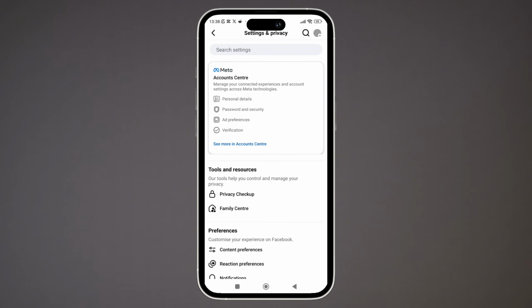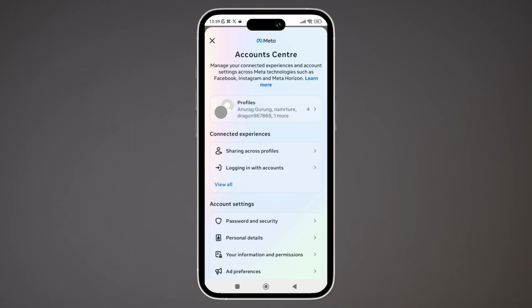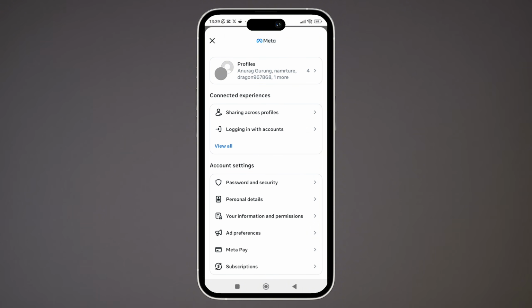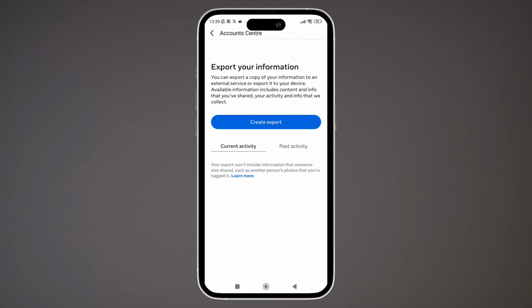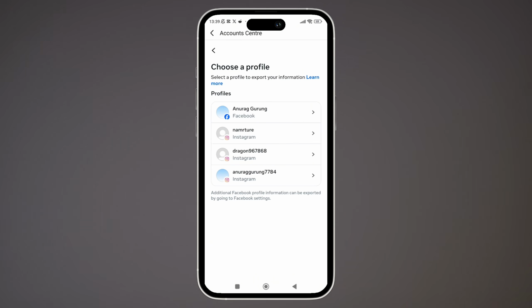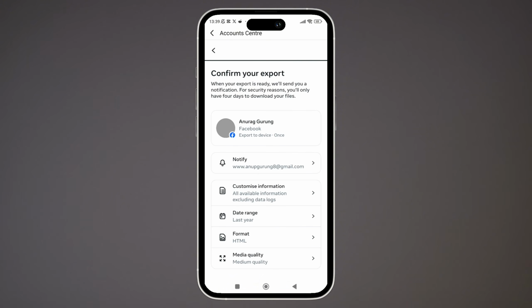And once you are inside the settings and privacy section, you can simply tap on see more in accounts center option, and from here you can simply scroll down, and there you can simply tap on your information and permissions, and here you can just tap on export your information, and here you can simply tap on create export and go through all the procedures to export the messages of your account